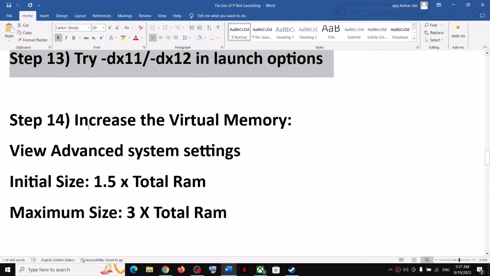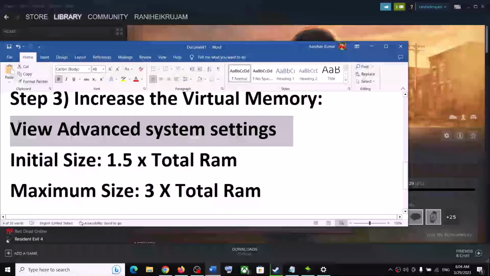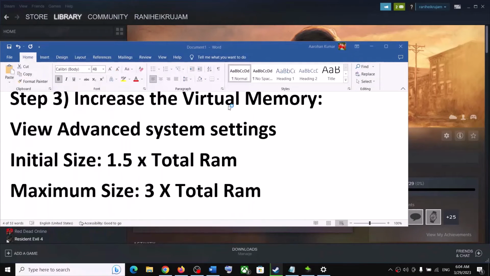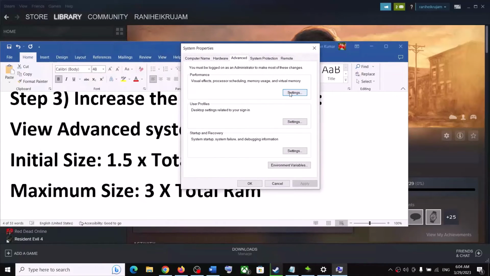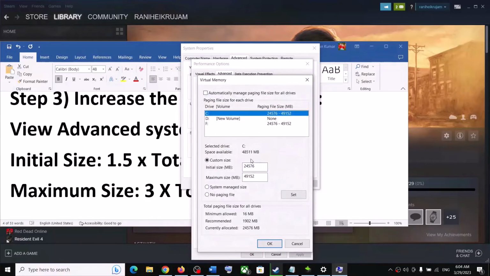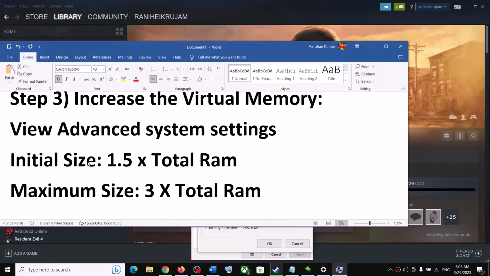Now the next step is to increase the virtual memory. You can type in view advanced system settings in the Windows search box and click on it, and then click on the first settings, go to the advanced tab and then click on change over here. Now select the drive where the game is installed. Uncheck the box which says automatically manage paging file for all the drives. So you have to uncheck this box and then select the drive where the game is installed, and then the initial size is